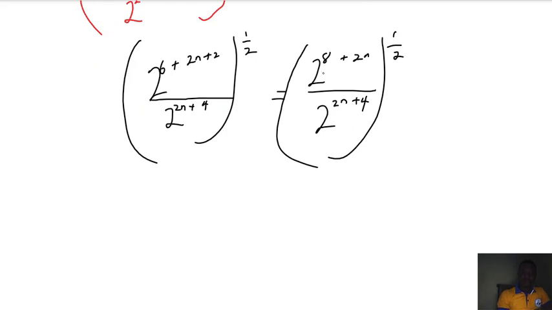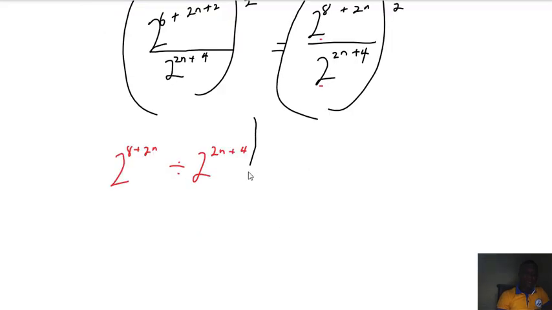Okay, so with this one, because the bases are the same and the whole of this is a numerator and this one is a denominator, we subtract the exponents. This can also be written as 2 exponent 8 plus 2n divided by 2 exponent 2n plus 4, and the whole of this exponent by the half we have there. So because the bases are the same, we subtract the exponent of this from this, so we have 2 exponent 8 plus 2n minus 2n plus 4,